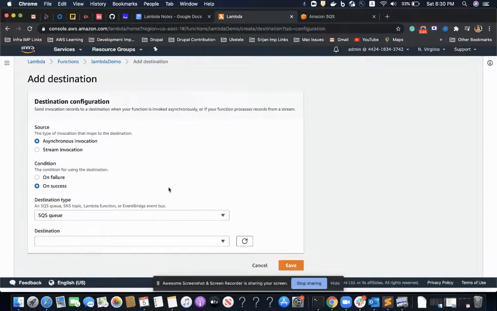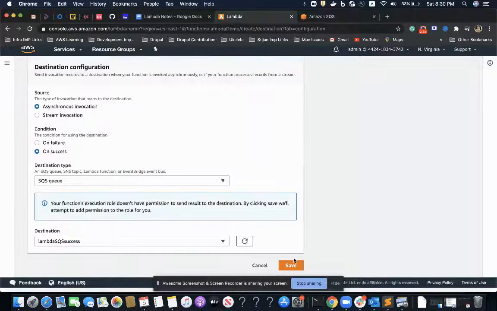Now I'll go back to the previous screen to attach my SQS as destination for handling success type of queue. Explaining about this message, when we save it, AWS will add the apt permission to our execution role of lambda.